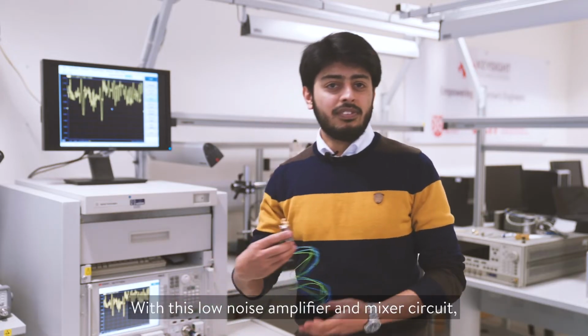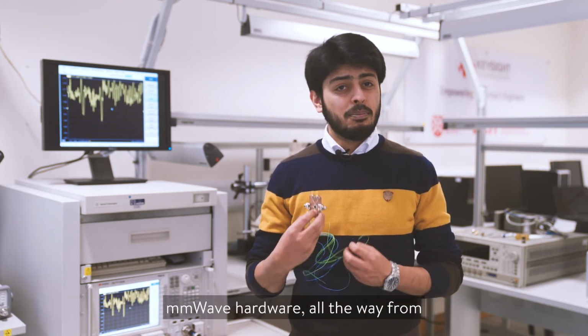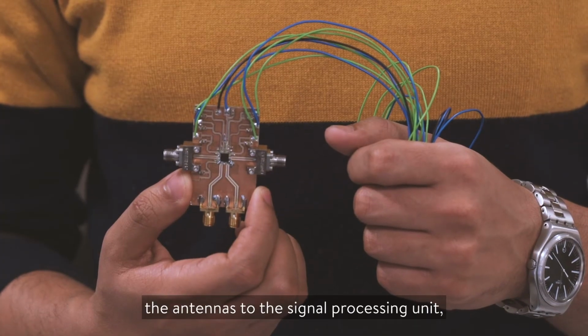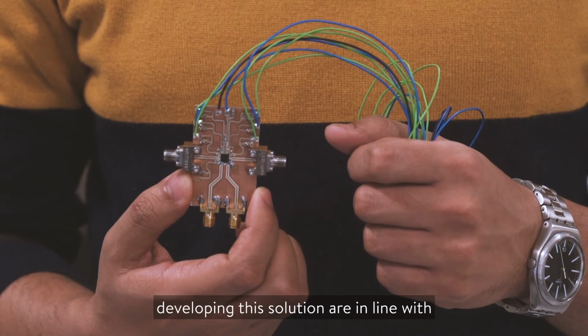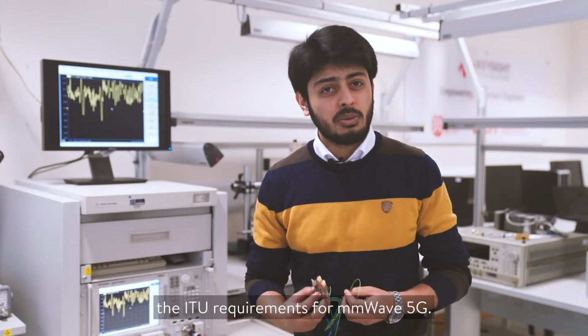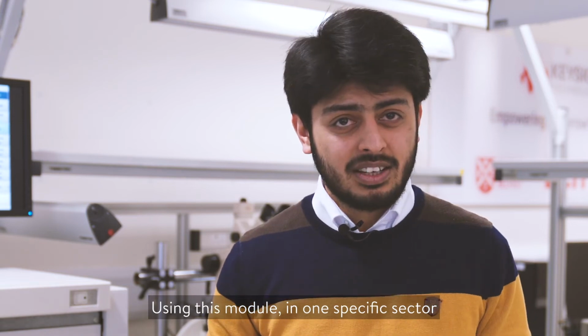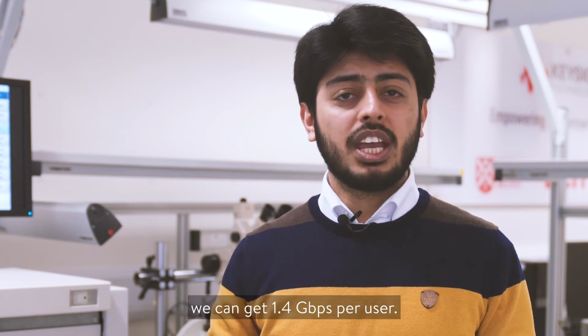With this low noise amplifier and mixer circuit, this design represents a full end-to-end millimeter wave hardware all the way from antennas to the signal processing unit. And the basic requirements considered in developing this solution are in line with the ITU requirements for millimeter wave 5G. Using this module in one specific sector of a cell of 100 meter radius, we can get 1.4 gigabits per second